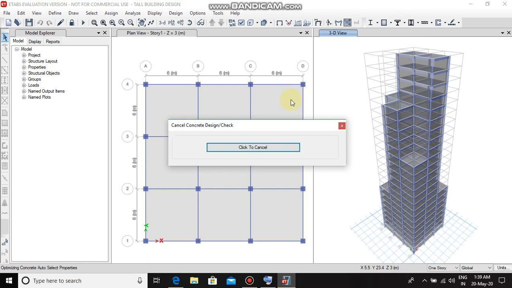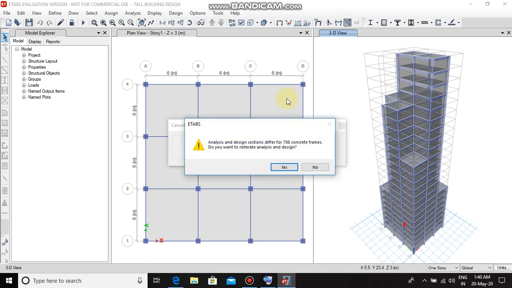It will again take some time. Click on yes.